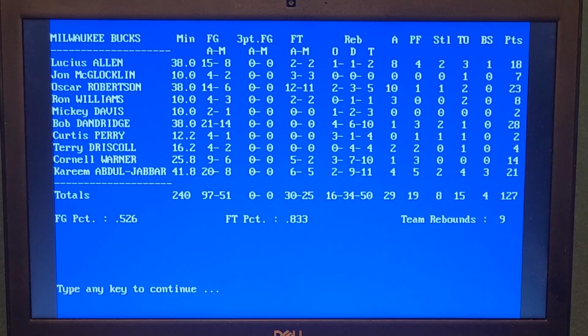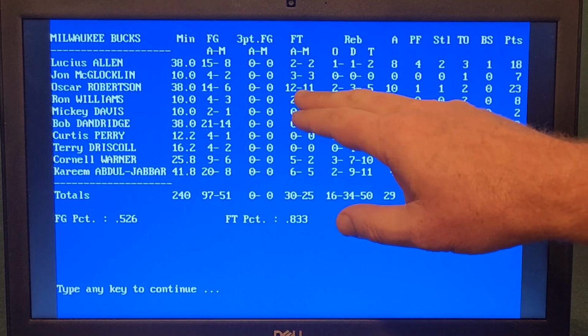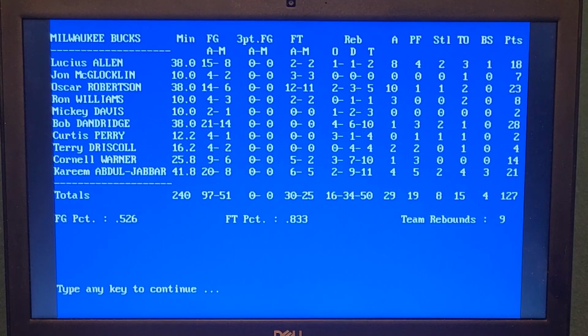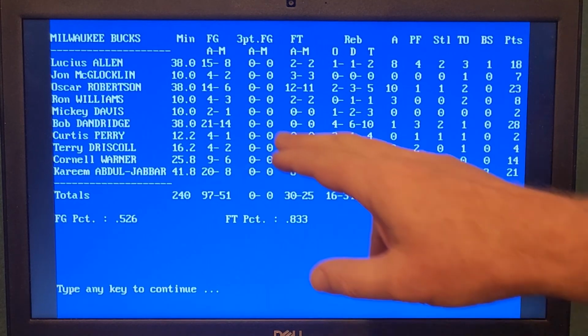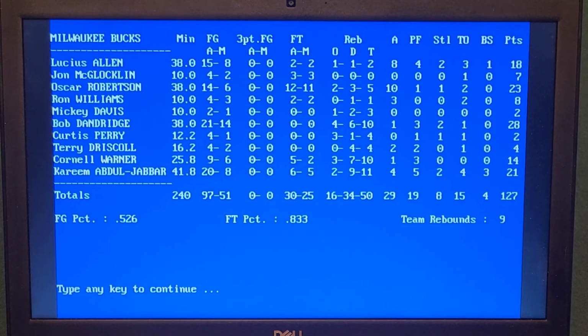The Big O was only 6 for 14, but he did get 11 for 12 from the line for 23 points, 10 assists. Bob Dandridge gets my MVP, though. He brought them back. 14 for 21, 10 boards. I think he was the MVP. Oscar's very close. Played a little. He showed glimmers of his former prime self there. Lucius Allen also had a good game with 8 of 15, 8 assists. Big O did have 10 assists. I could almost give it to Big O, but co-MVPs Big O and Bob Dandridge, celebrating his Hall of Fame